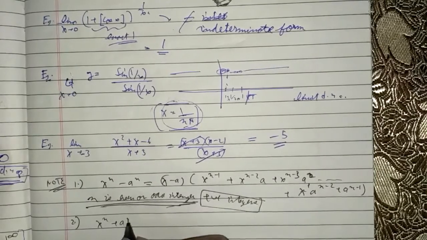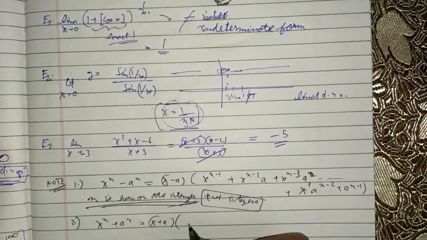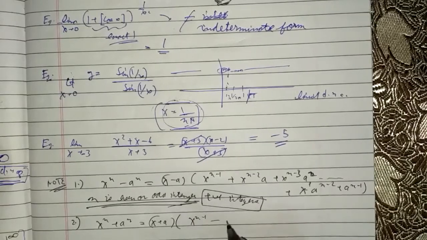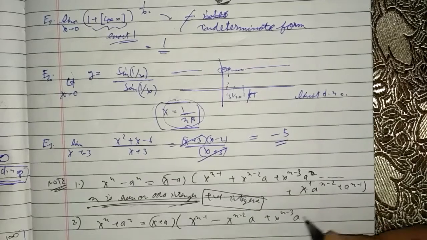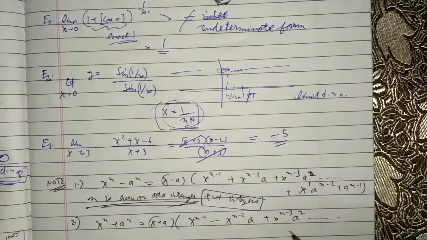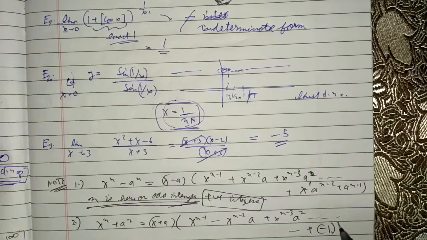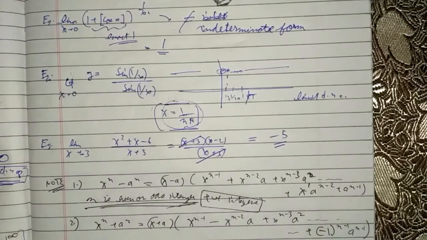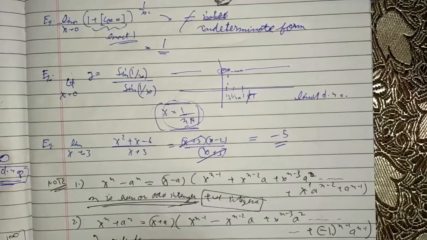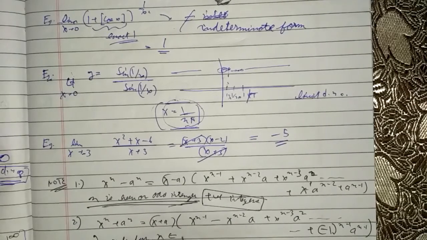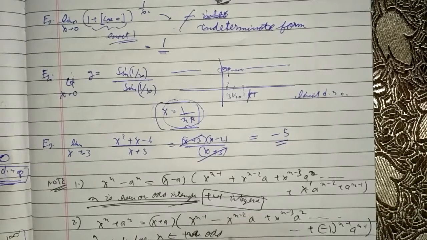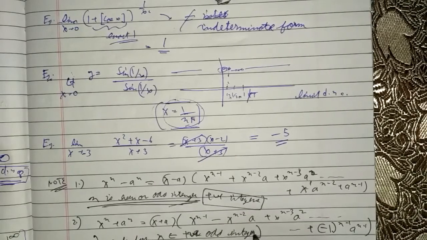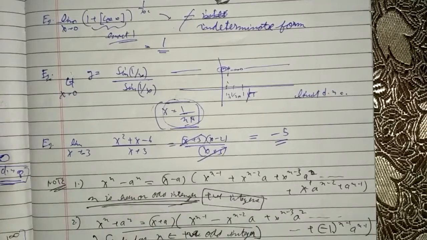And x to the power n plus a to the power n is equal to (x plus a) times (x to the power n minus 1 minus x to the power n minus 2 a plus x to the power n minus 3 a squared, and so on till plus or minus 1 to the power n minus 1, a to the power n minus 1). And this is valid only for n belonging to positive odd integers. Okay, so for example